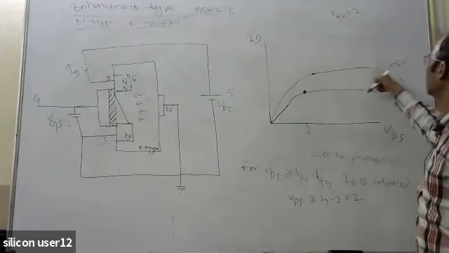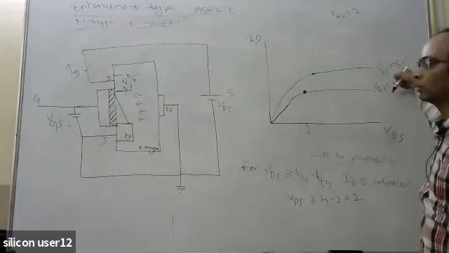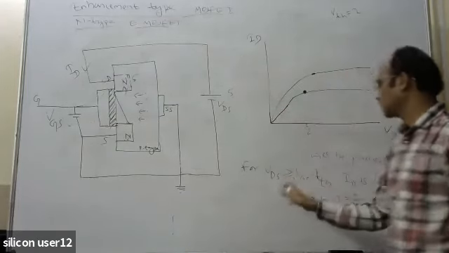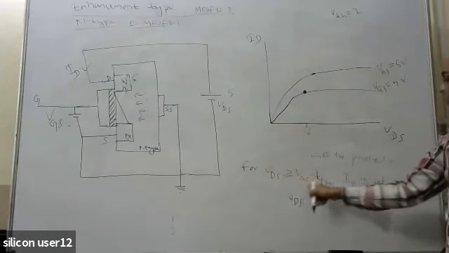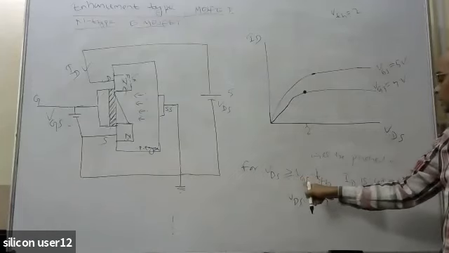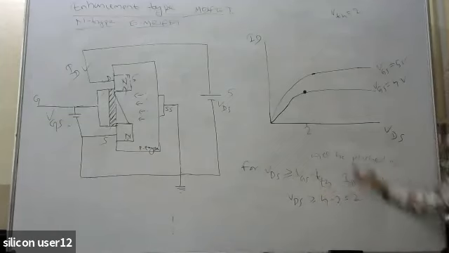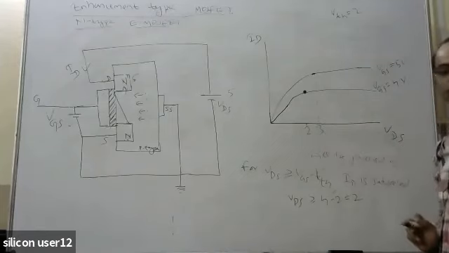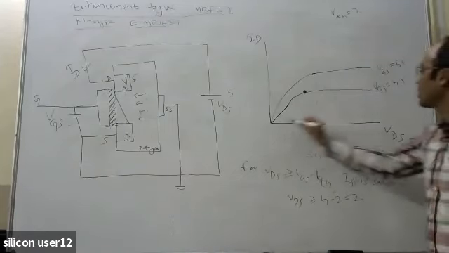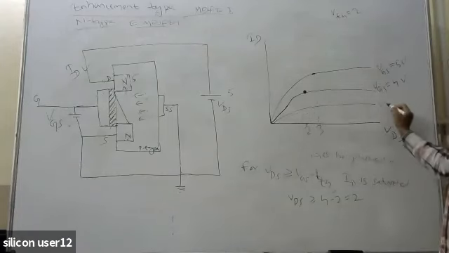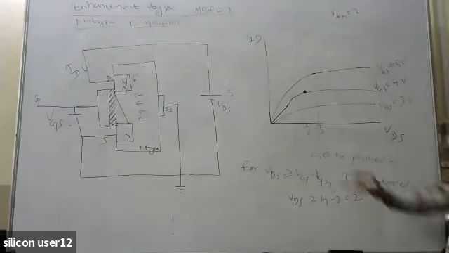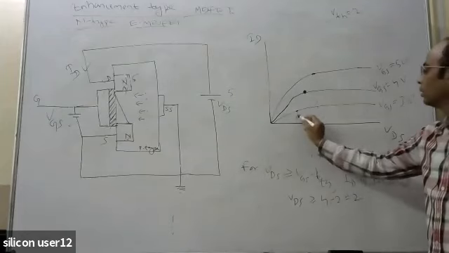Yes, this curve I have got with VGS equal to 5 volt. I kept VGS at 5 volt and then kept increasing VDS. As this expression says, if VDS is greater than VGS minus VTH, that is, if VDS is greater than 5 minus 2, then it will be saturated. So 5 minus 2 means the corresponding point is 3. Similarly, let us say this is 3 volt. Its saturation point will be how much?